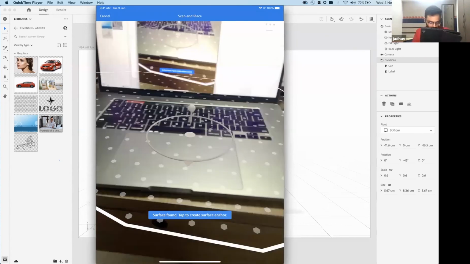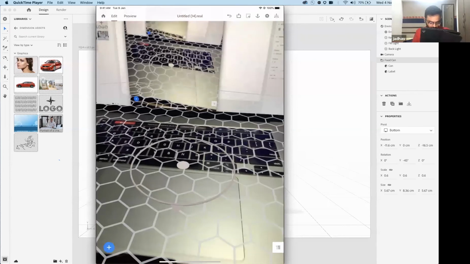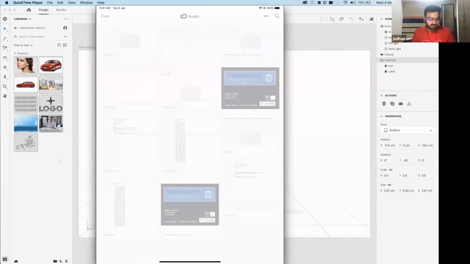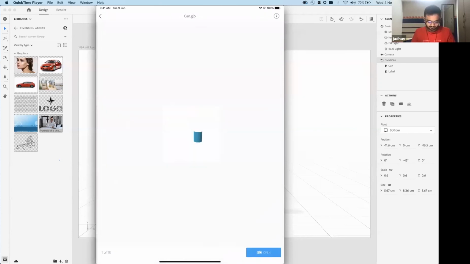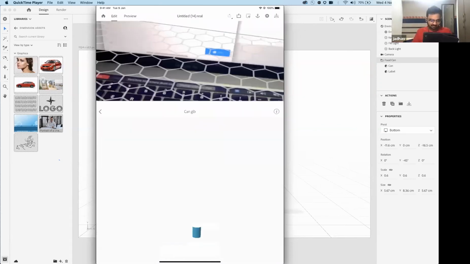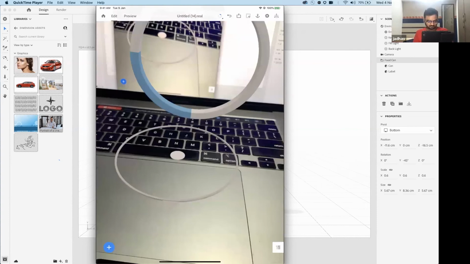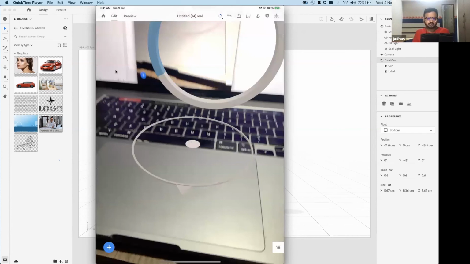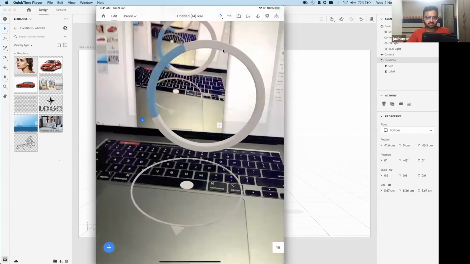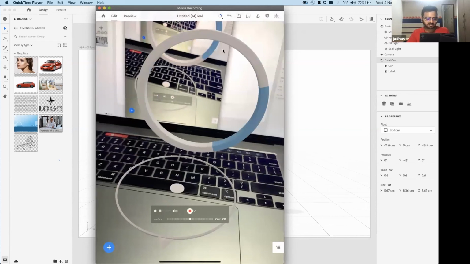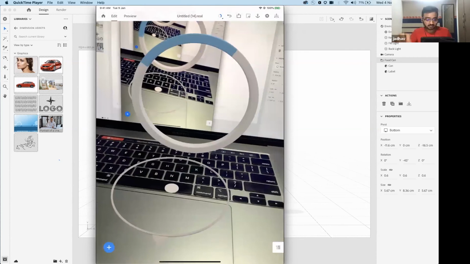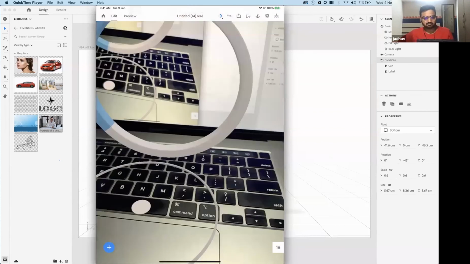Now I have to bring that object, that can that I exported. So I click on the plus button. I click on Creative Cloud, and the can should be here. Let me check. Yeah, this is the can. Yes, I open the can. I click here. The can will be downloaded anytime. So if you see on the top here, it's downloading that particular asset. The idea is that once the can is in place, I can actually see the can as if it's there right now on my laptop. Okay, half of the thing is done. 50% is downloaded.